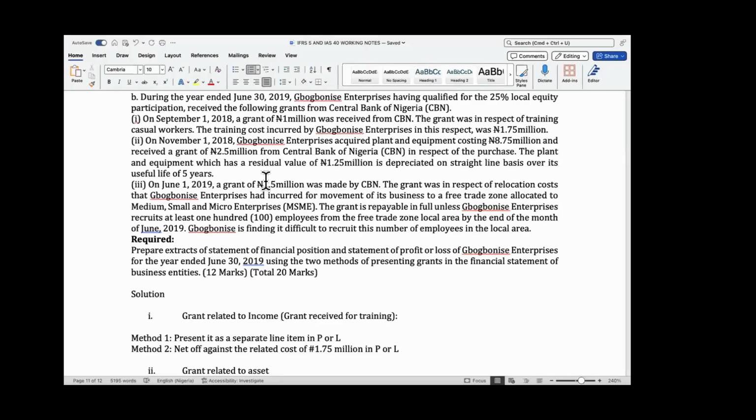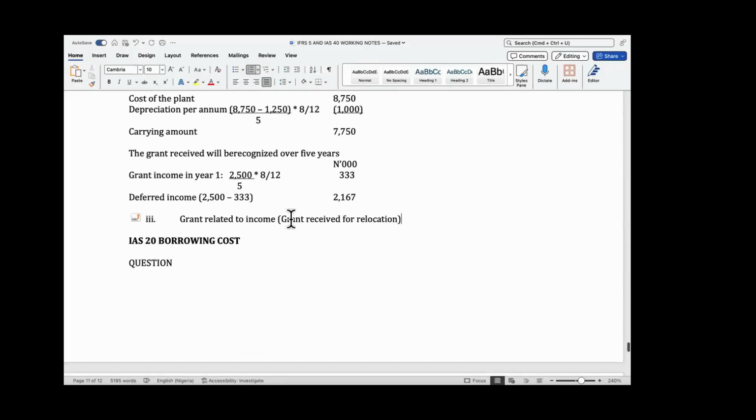Okay, so what we would do is this. For this one, there's not even any method here. So since the entity is finding it difficult to meet the condition attached to the grant,